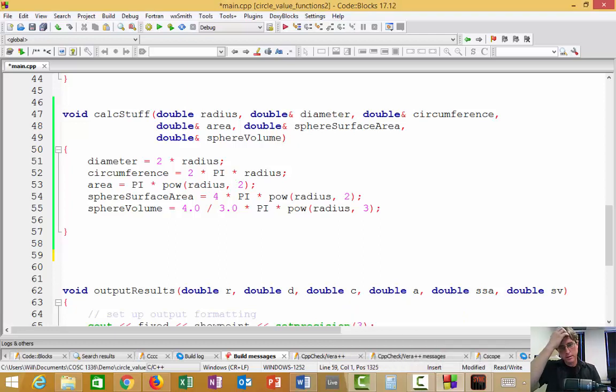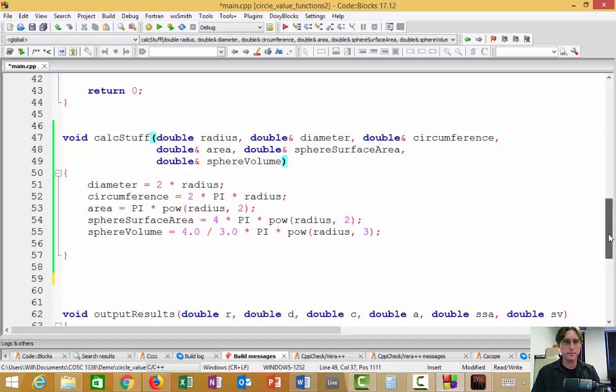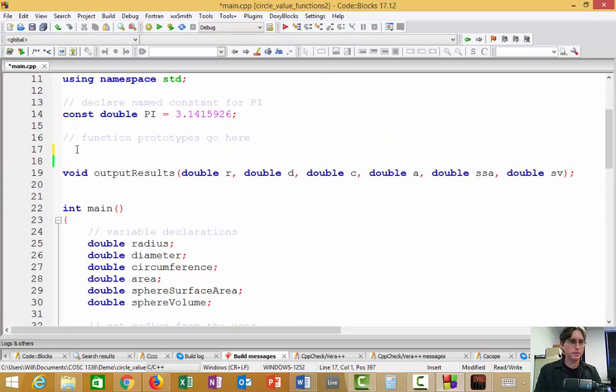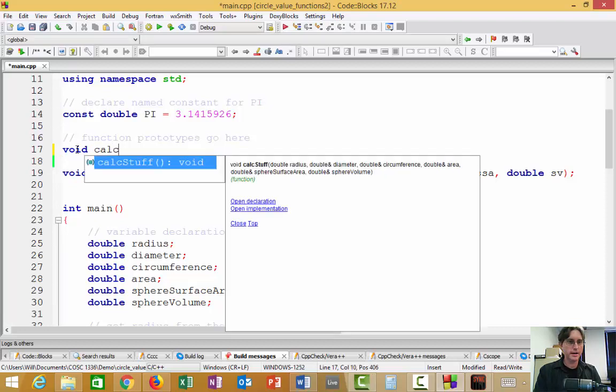All right. So let's do the prototype. So again, we could just simply copy and paste the heading and add a semicolon, and that's all we really have to do for our prototype. I'm feeling like typing, so I'm gonna go ahead and type it. So I'm gonna say void calcStuff,